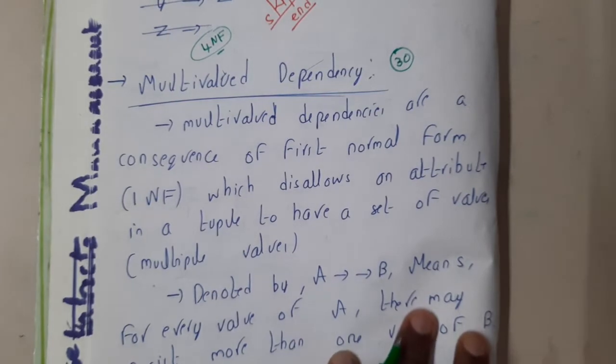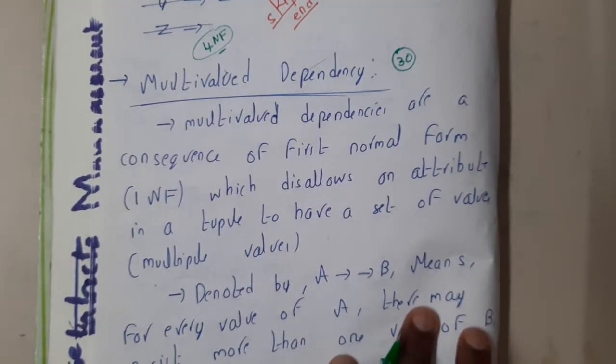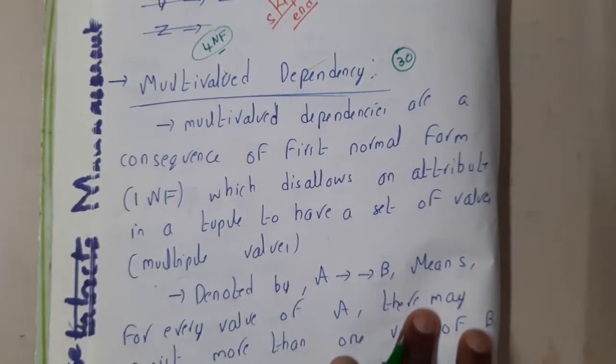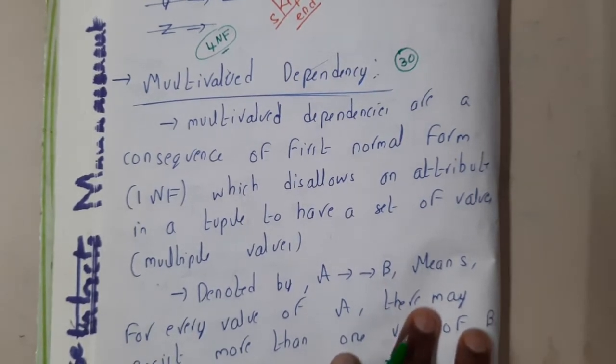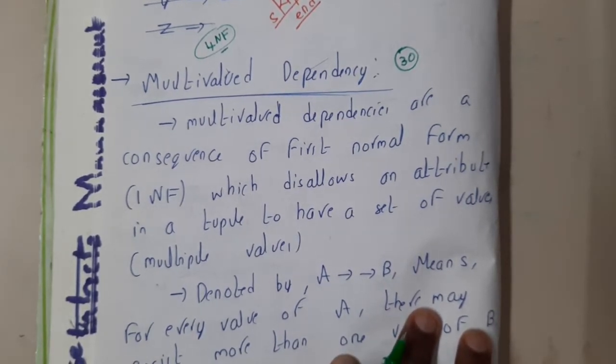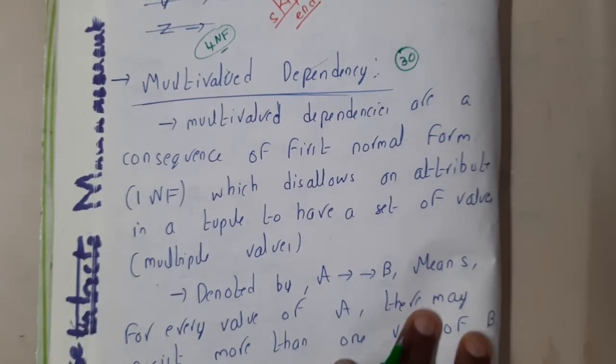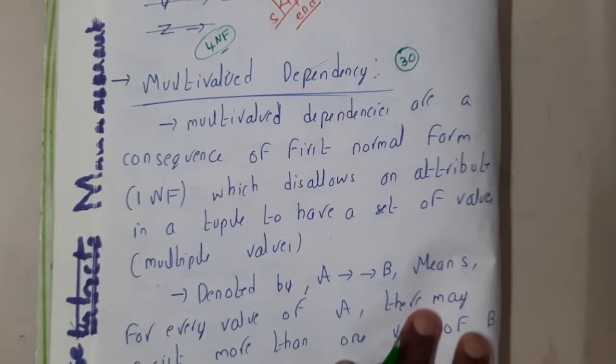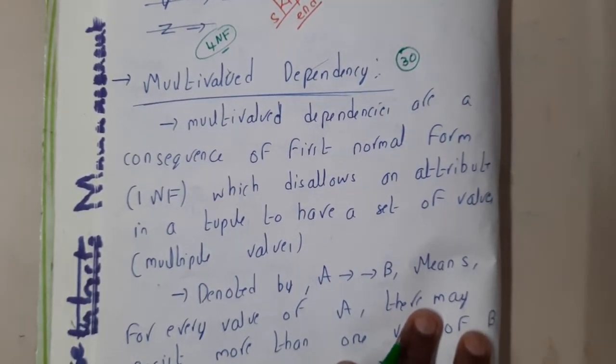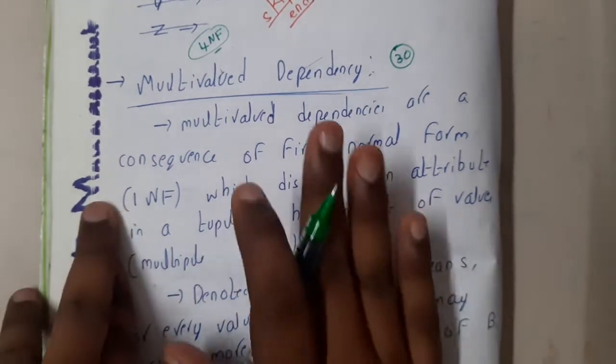Before directly going into fourth normal form, it depends on one property, that is a multi-valued dependency, guys. So what exactly is a multi-valued dependency? It is similar to the phone number logic. If you recall, a single person can have multiple phone numbers, but these multiple phone numbers cannot be stored in a single table. That issue is this multi-valued dependency, guys.